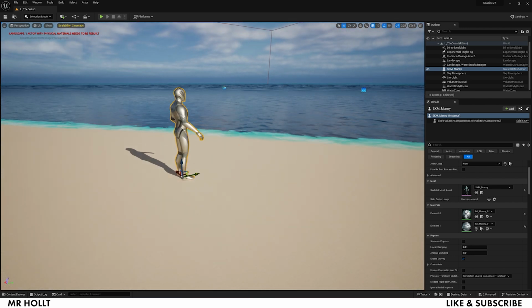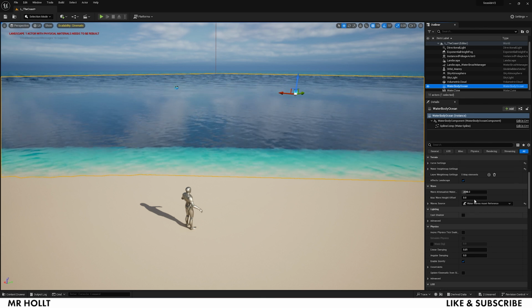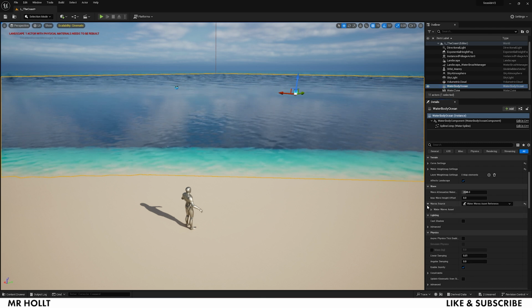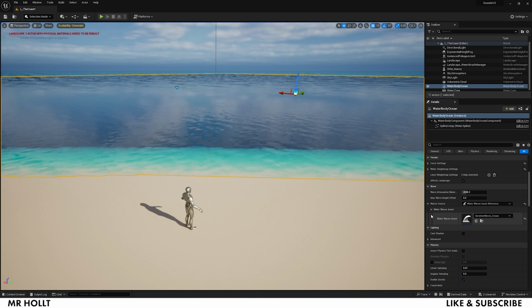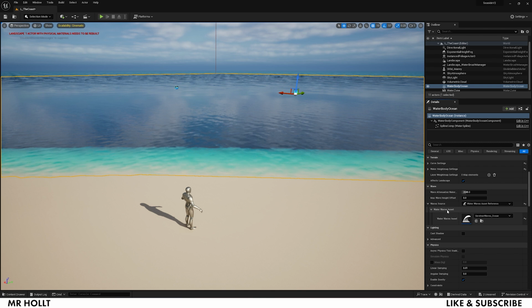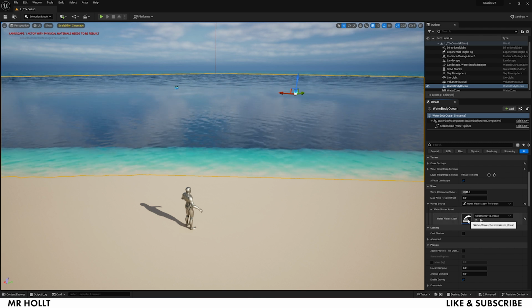Now the next thing we're going to want to change is the water itself. So if you click on the water and go to the details panel, you can scroll down and you'll see a bunch of different options as you go down. This is going to be your water asset, and this is going to be the overall wave asset. So if you go into wave and go down to wave source and then water waves asset, you're going to see this right here. So double click on this